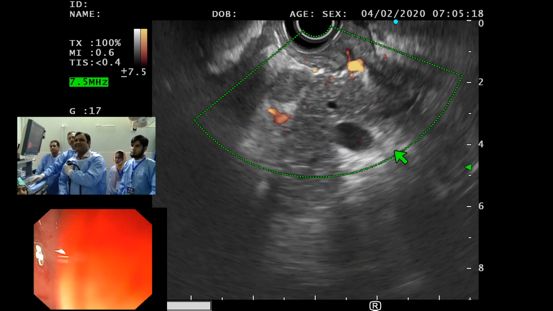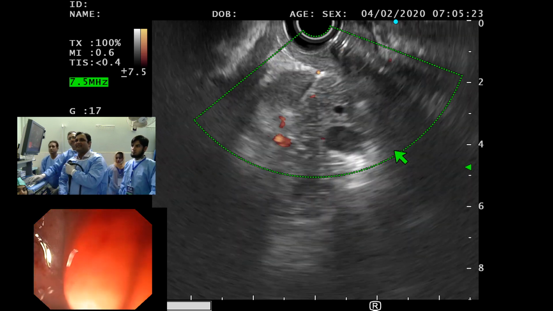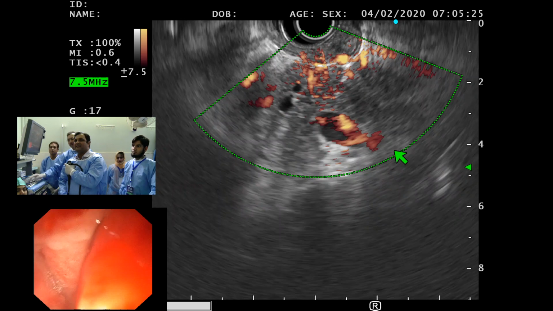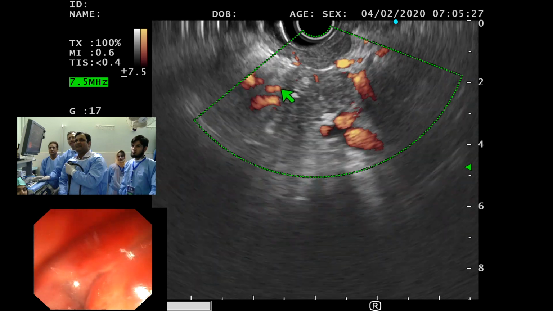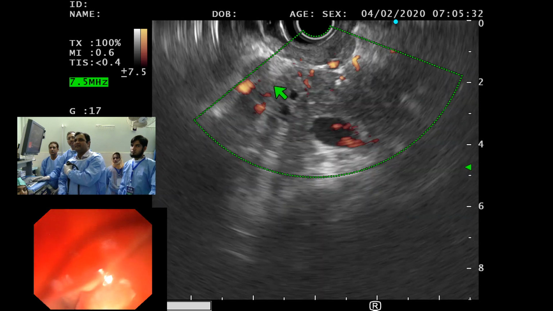Yeah, so that's the pancreatic. What do you want to see in the flow? We just wanted, the audience wanted to see the duct and the. Well, this is the pancreatic duct. This is the portal vein. These are the other blood vessels which are around the pancreas.